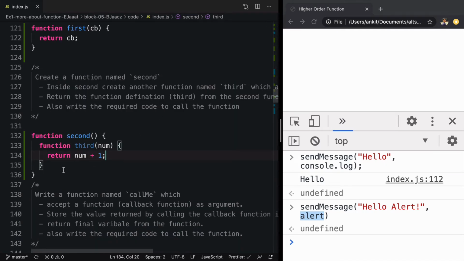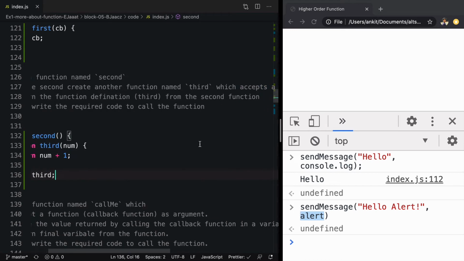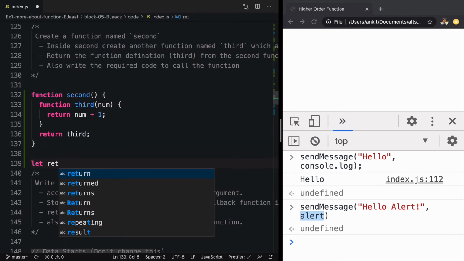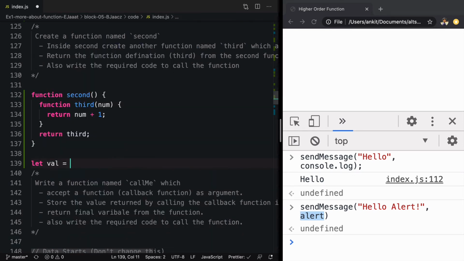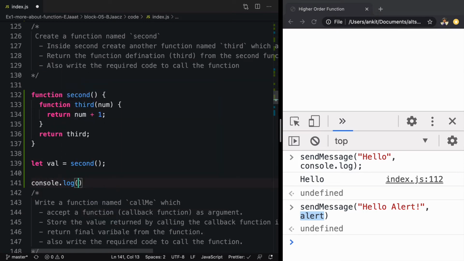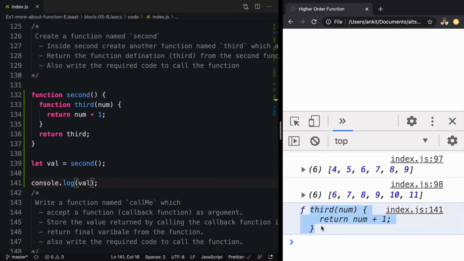Return the function definition third, so we'll say return third. Also write the required code to call the function. So we'll say let value is equal to second. We'll call that function, and if we want to check the value, we'll say console.log value. Refresh it here, and we can see it is the third function.